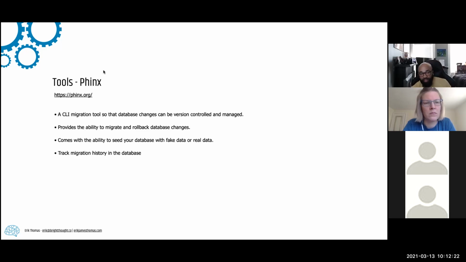Now, another thing that this comes with is something called seeding. For people who have tested, whenever you're testing your WordPress site, you need fake data in there. There's plugins that you can get to make spoof posts or pages or things like that, but that just requires another plugin and some setup. So in Phinx, you can do something called seeding, which is nice. You can create a file and just type in the stuff that you need, and it'll automatically create however many posts that you want right there in the code.